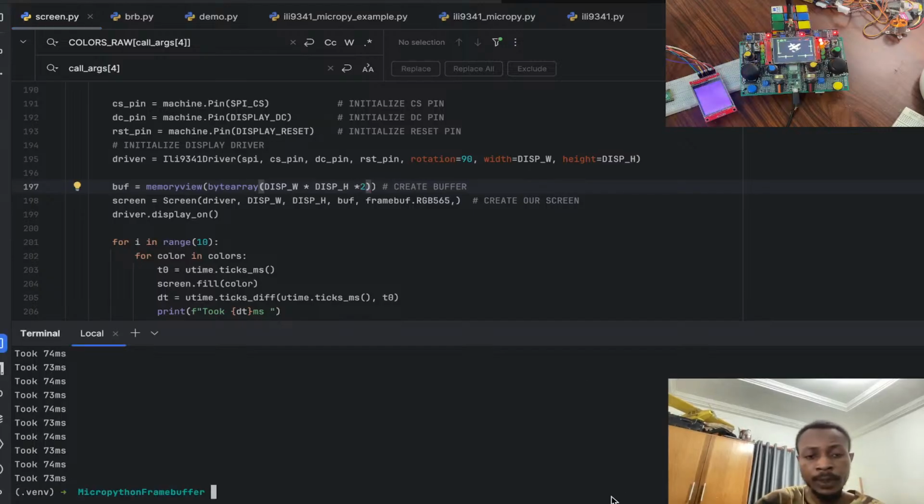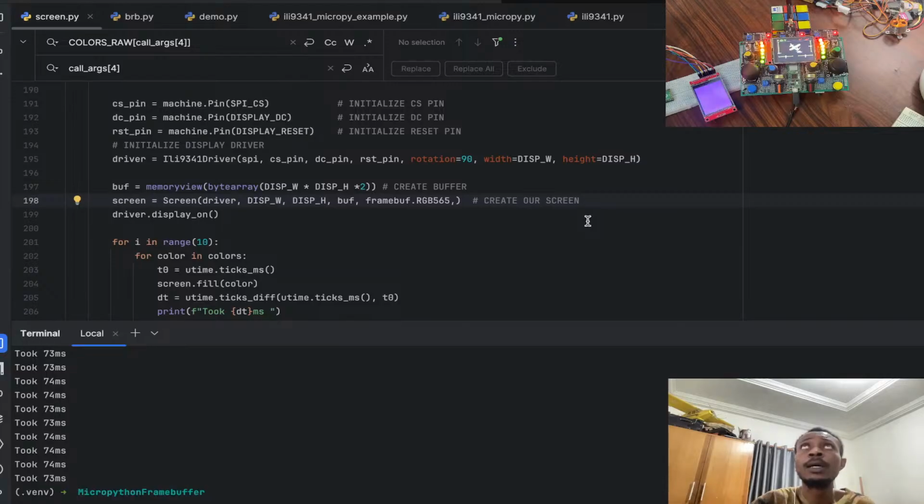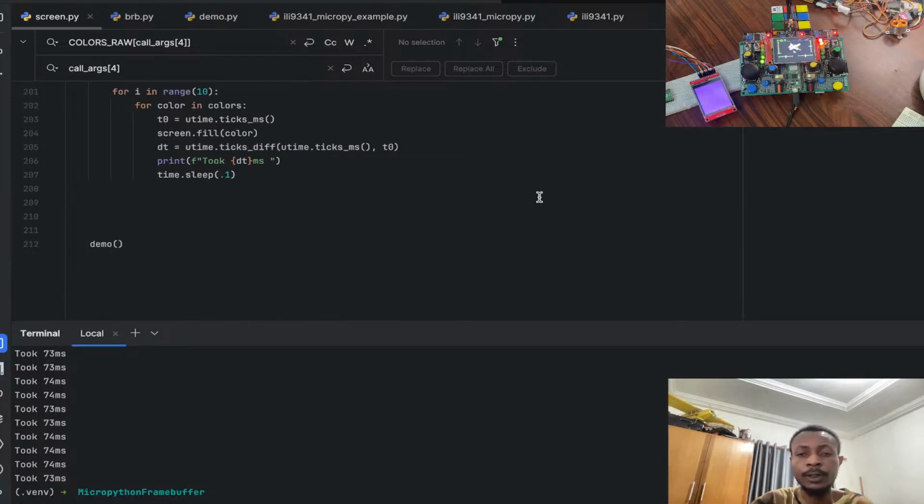And let's just go ahead and save that. So on average, we've added about a 10 millisecond overhead,